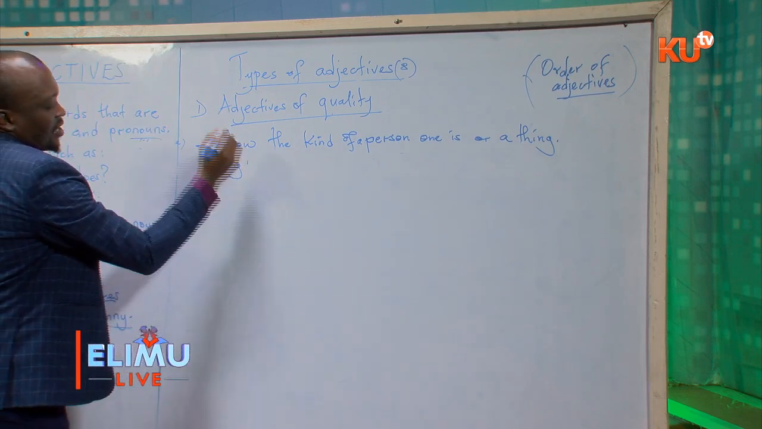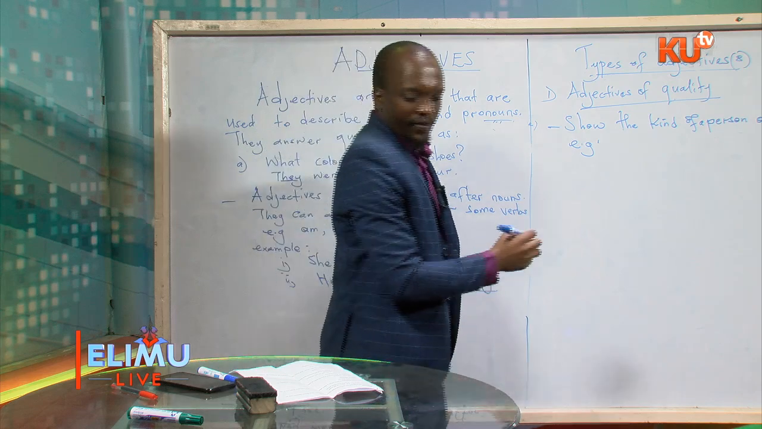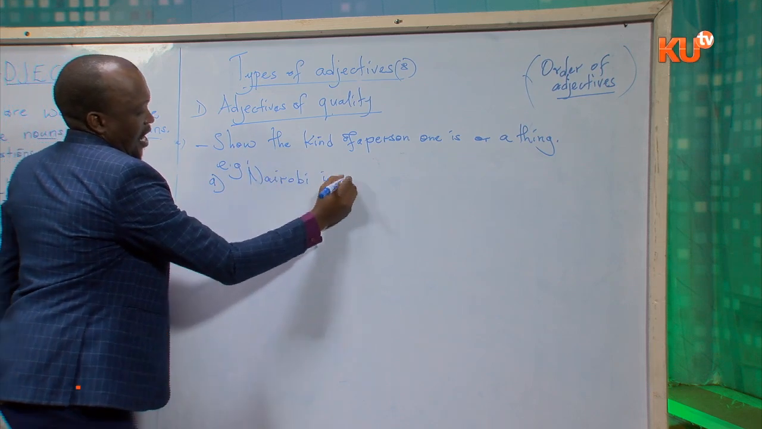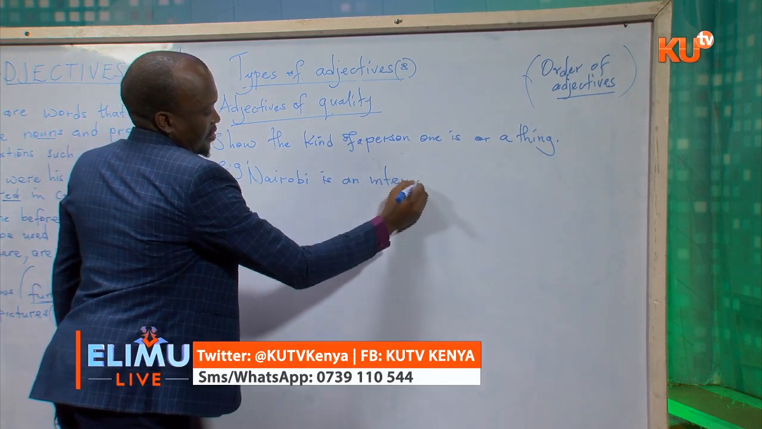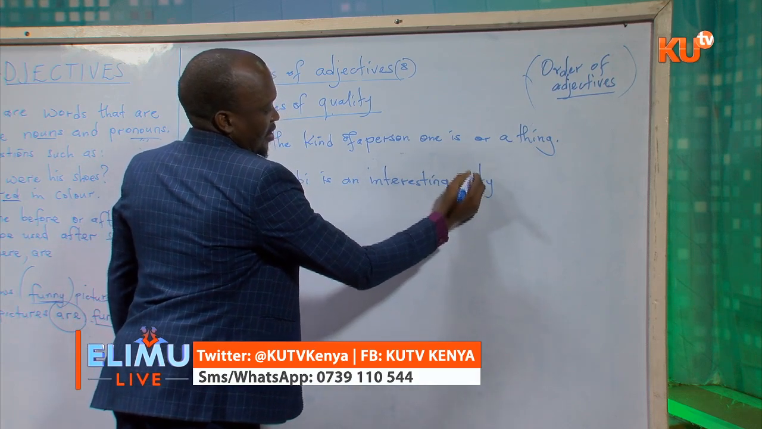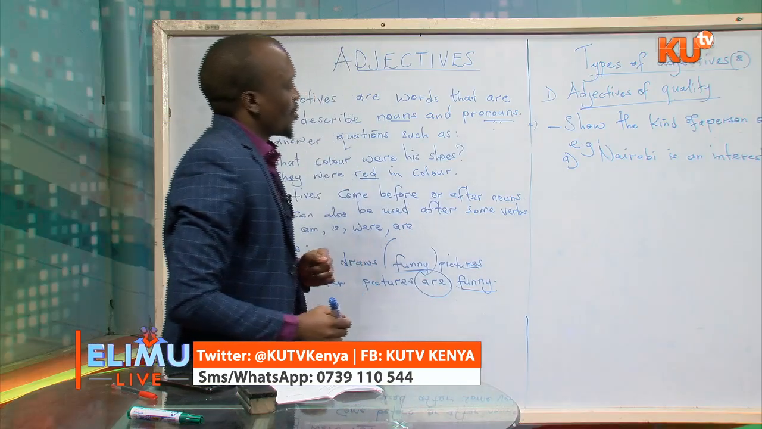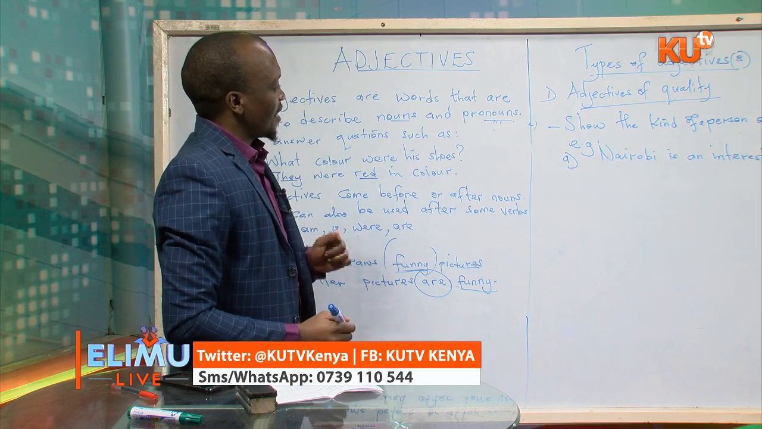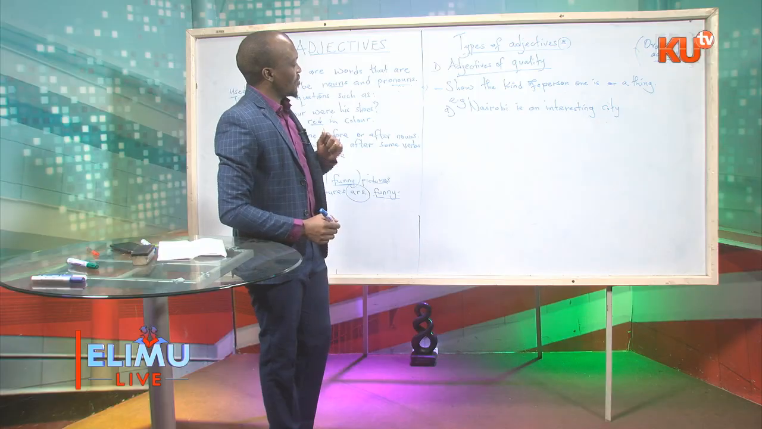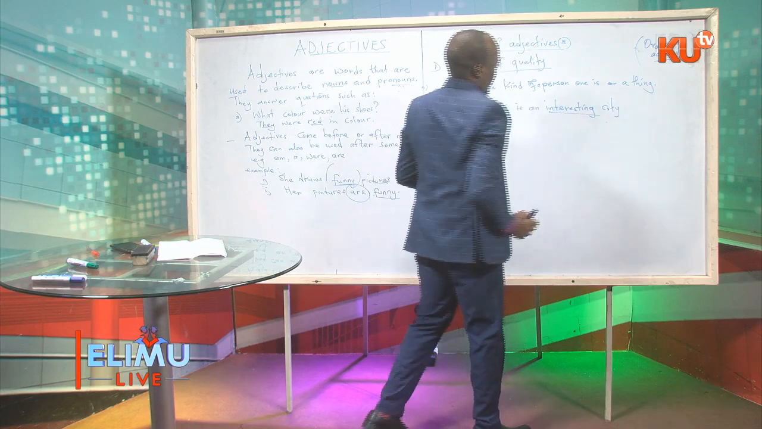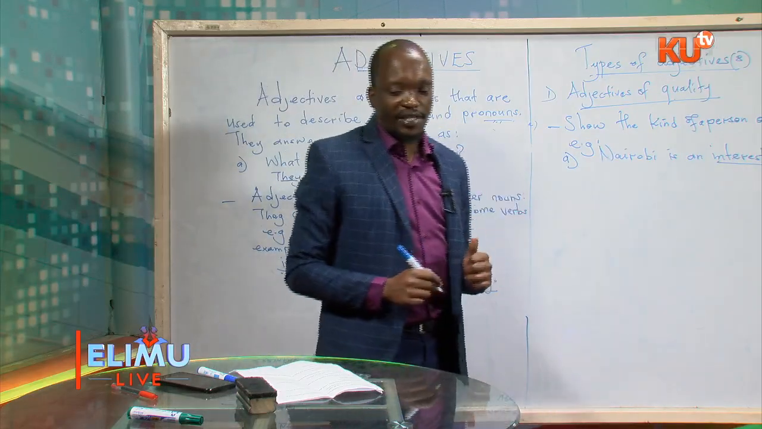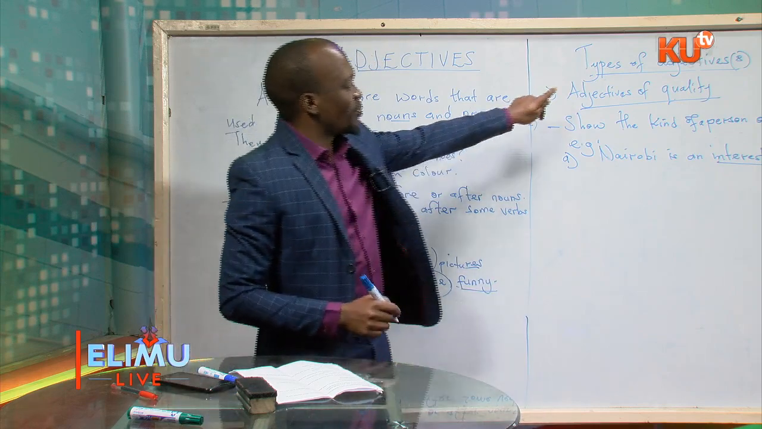Example, I'll give examples in sentences. Nairobi is an interesting city. So in this sentence, Nairobi is an interesting city. We said that adjectives describe nouns. We are describing Nairobi. Which word is used here to describe Nairobi? Interesting. So the word interesting is an adjective of quality. I'll give some assignment here so that you will know why it is important to learn these types